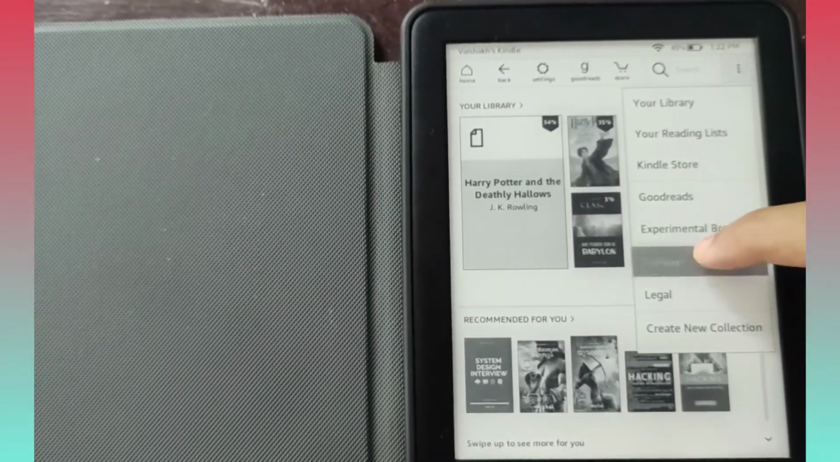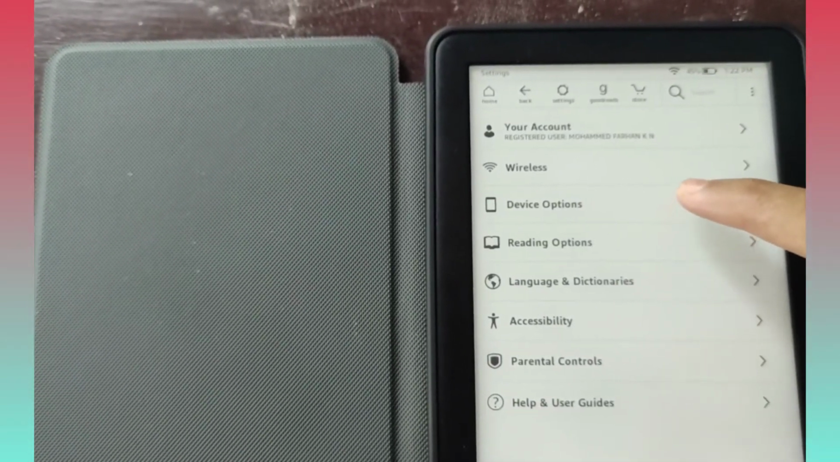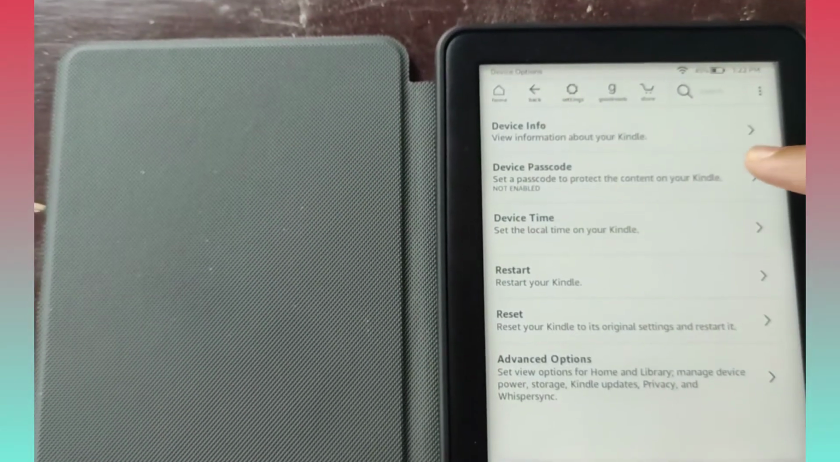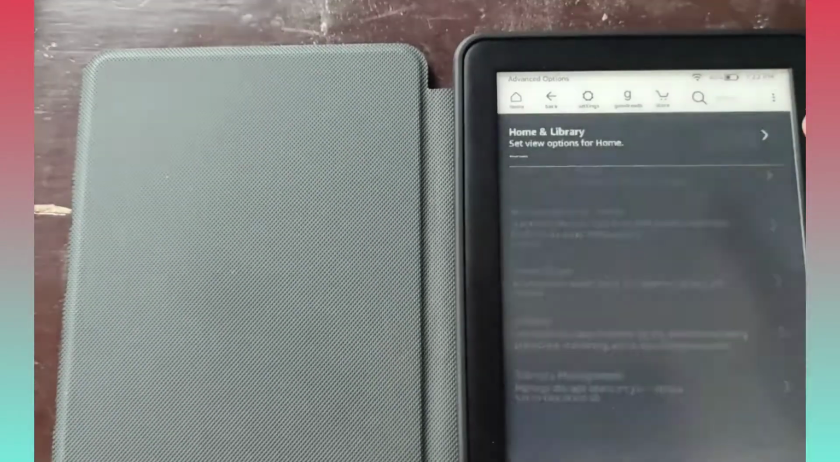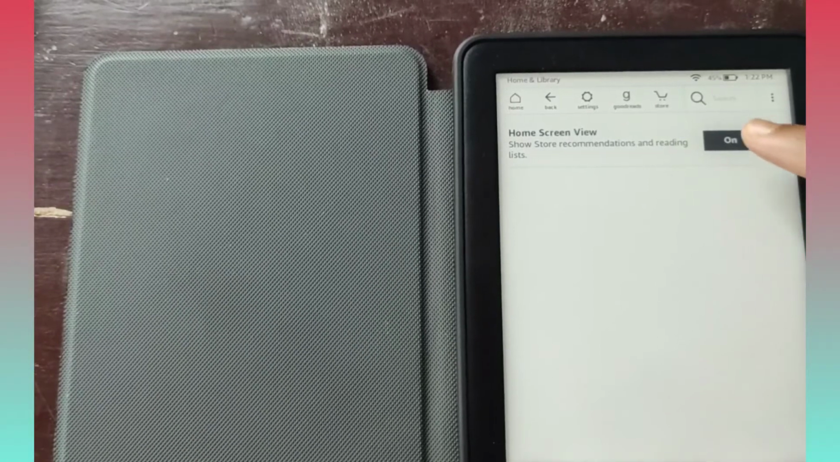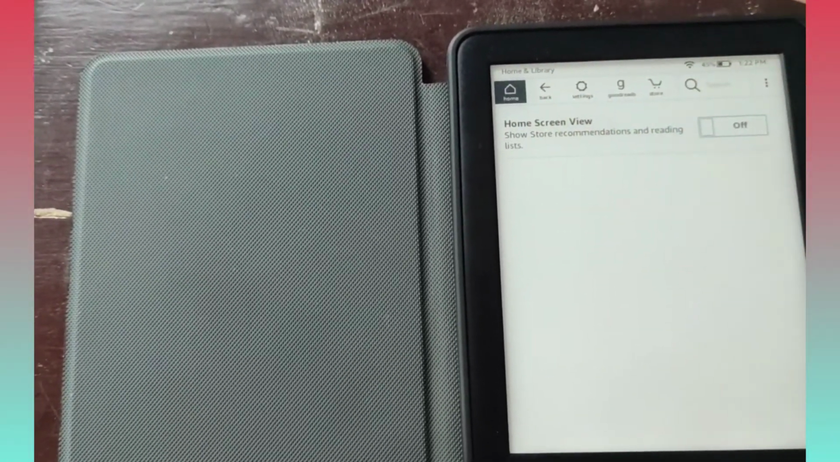So now click on that three dots. Go to device options. Click on advanced options. Click on home and library. Click on off. And finally, you will get the home screen